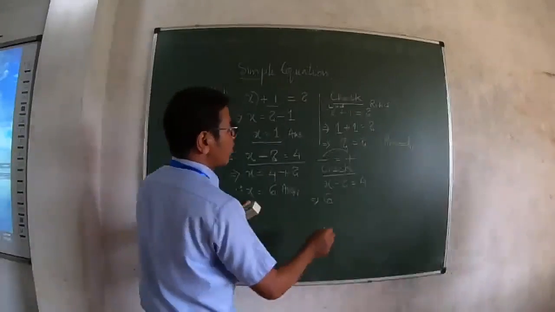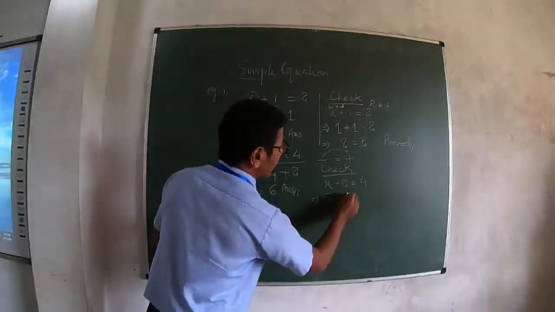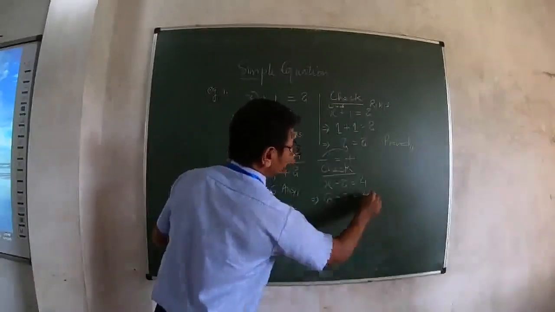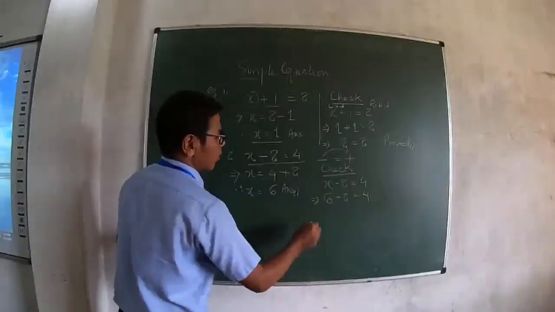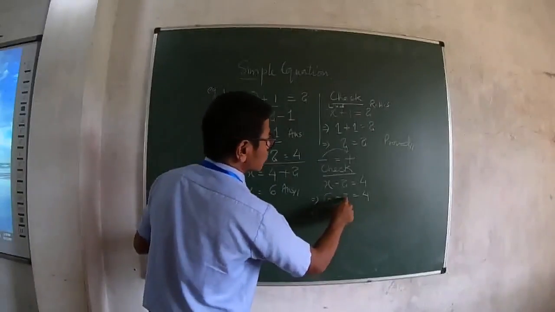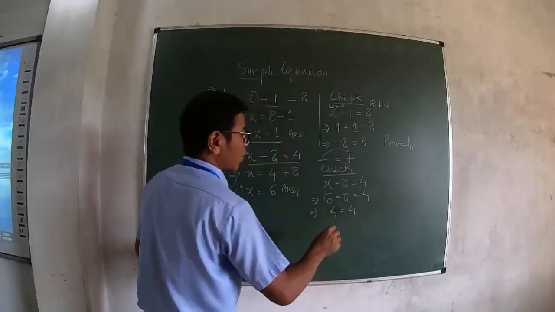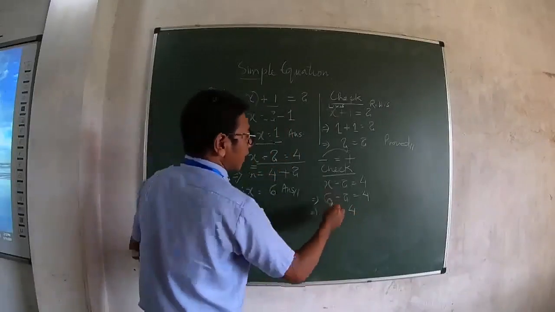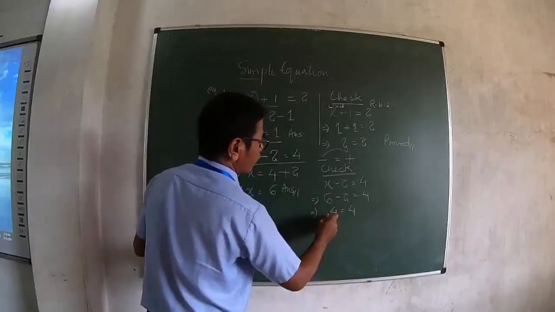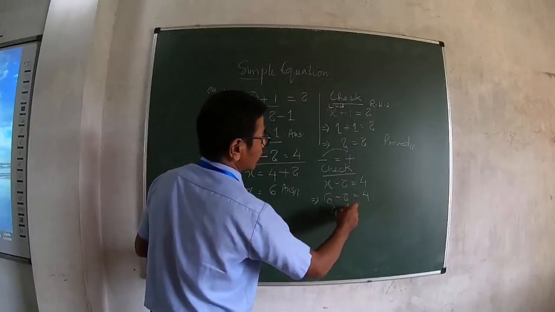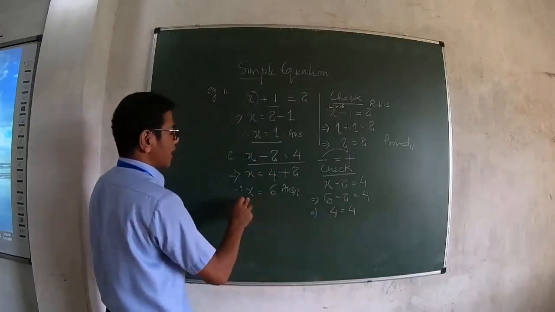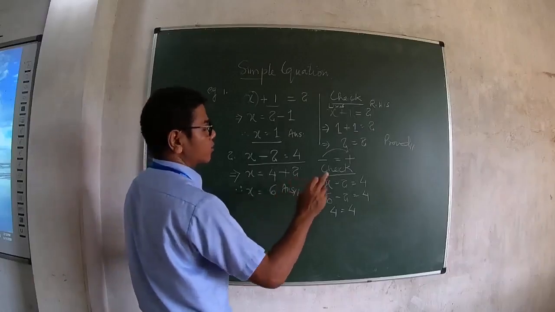We have x minus 2 equal to 4, with x as 6. What do we get? 6 minus 2 is 4, thereby it's equal to 4. So the left hand side, that is 4, equals the right hand side, which proves that the answer x equal to 6 is the correct solution. So we write,